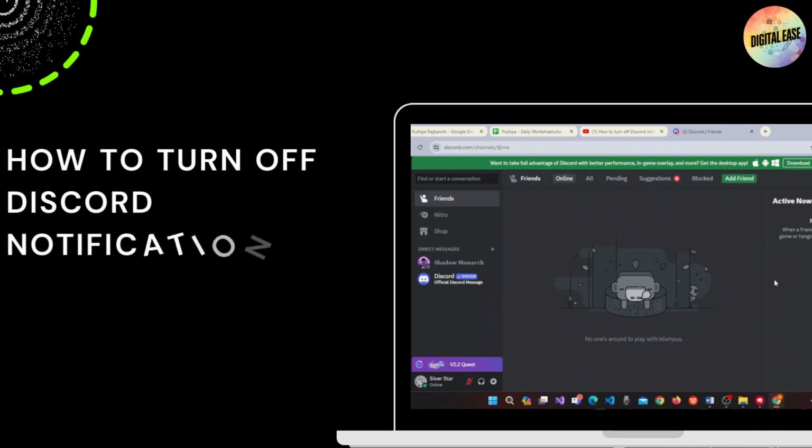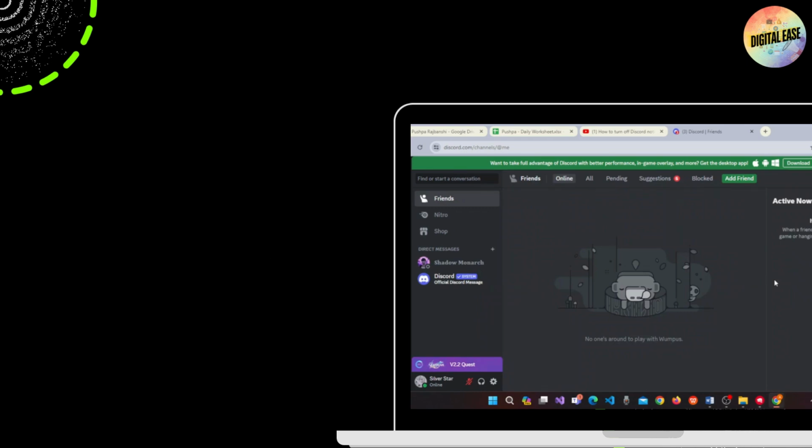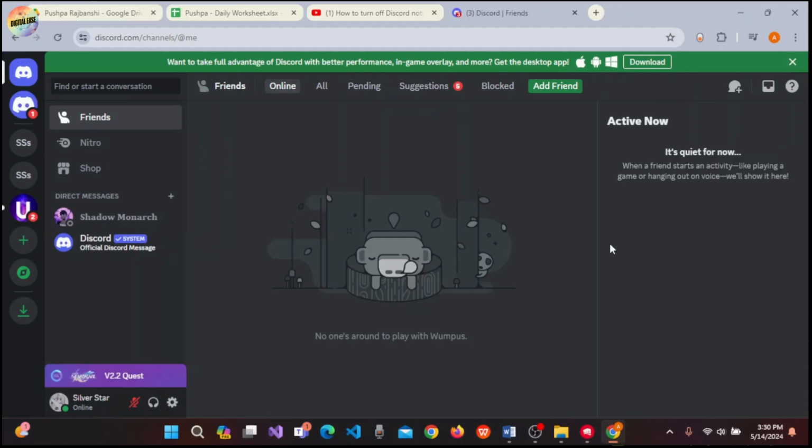To turn off Discord notification sound, open Discord on your PC or mobile device as per your choice. If you're on the PC, open any browser, then type in discord.com in the URL bar and make sure to